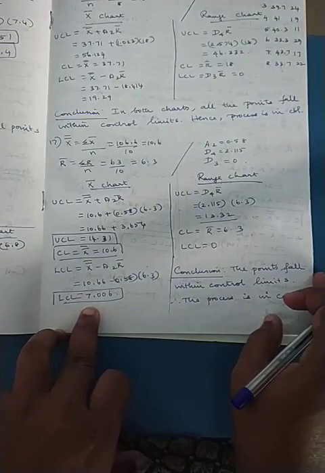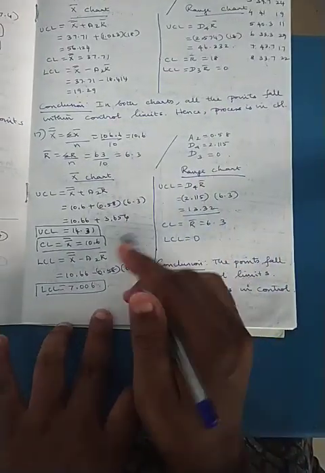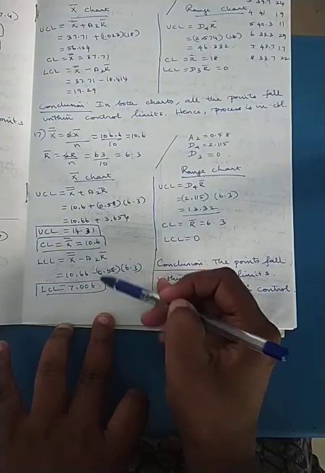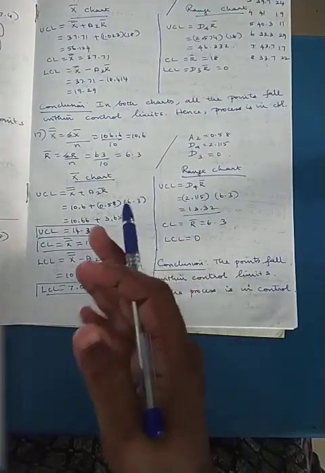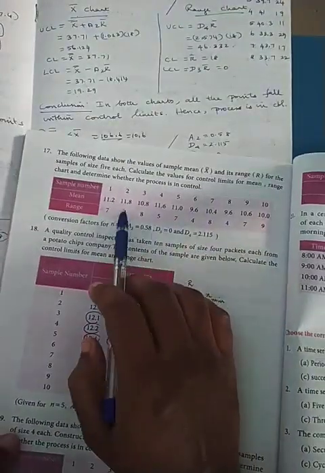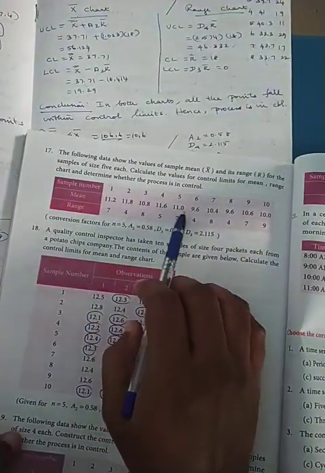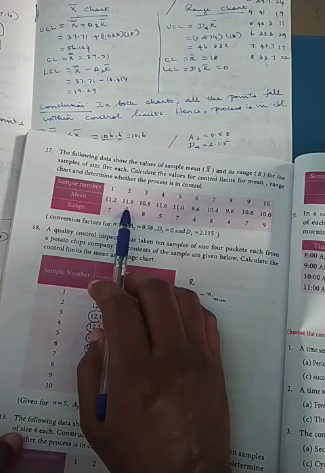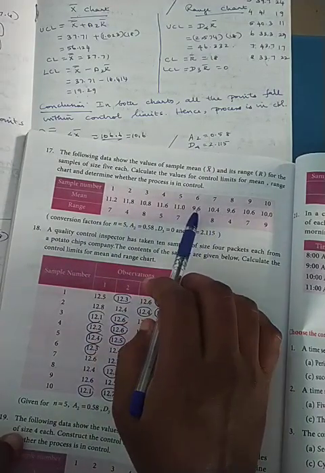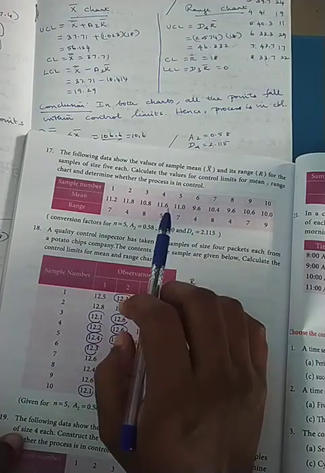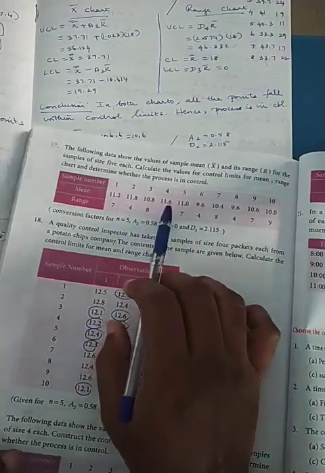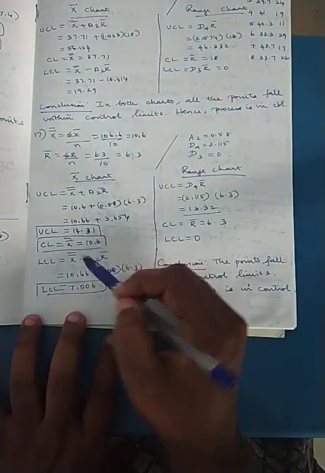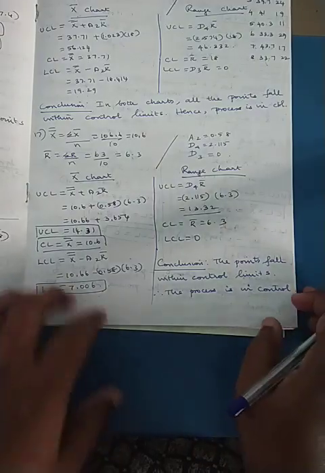Now when I plot, I can say all the values, so you can check it with the eyes itself. It is 14.31 and the lower limit is 7. Here in the sum, what they have given, my highest value is 11.8, and my lowest value is 9.6. So within the limits, these values will fall within the 14.31 and 7. Within these two limits, all of them come inside. So the process is in control.